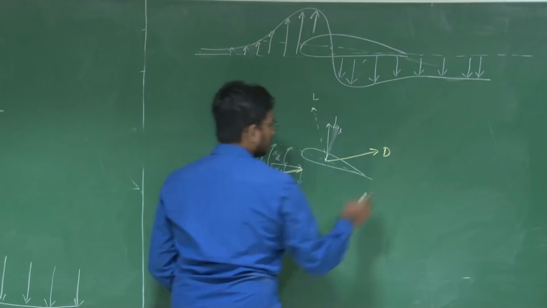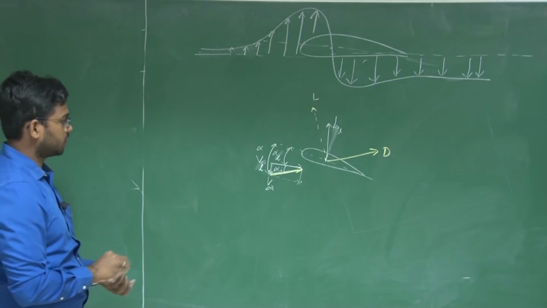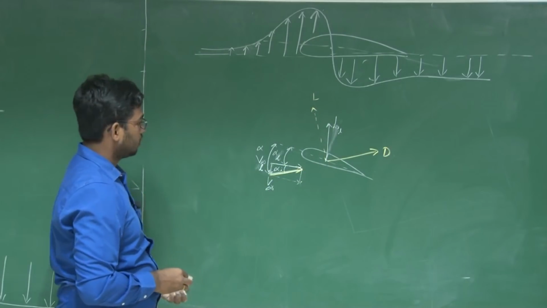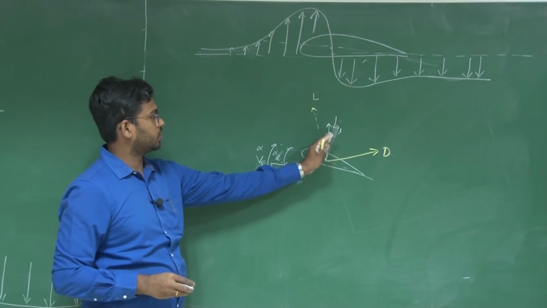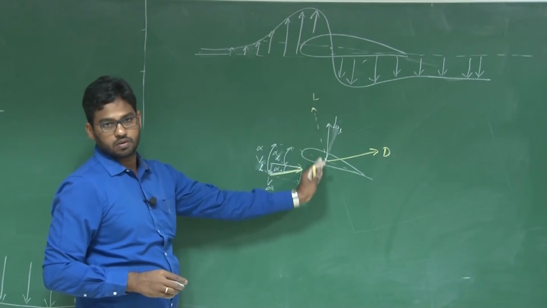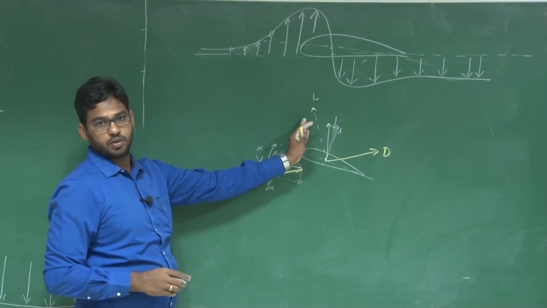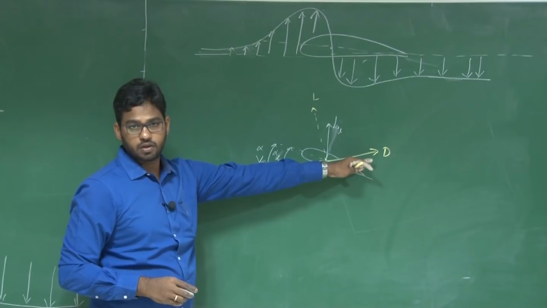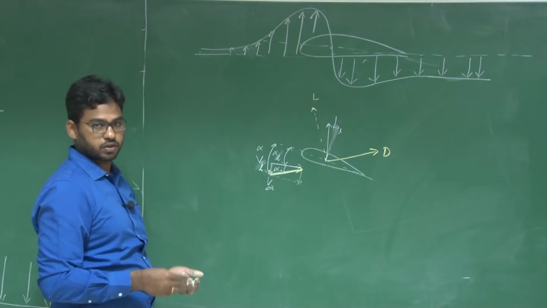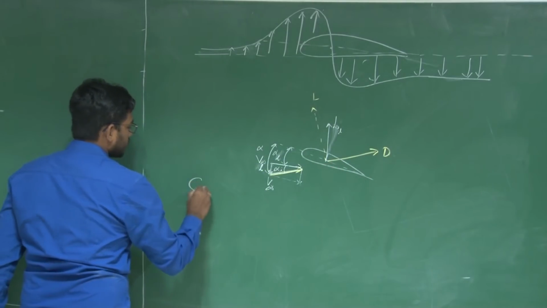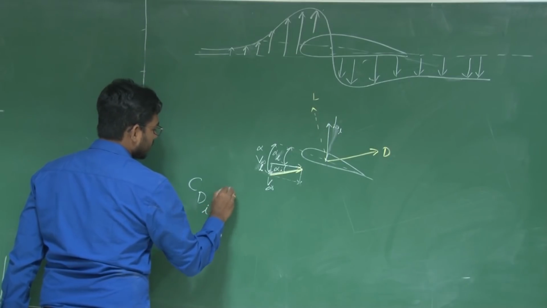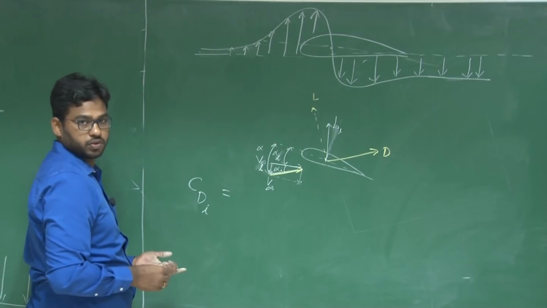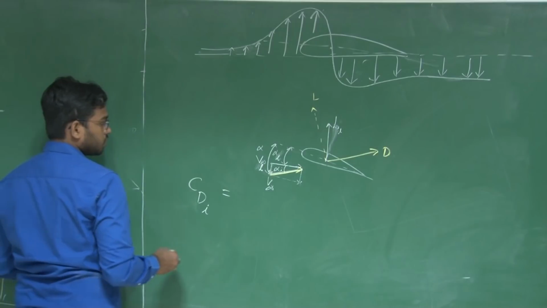And this is your drag, right, which is acting along V infinity. Now this local lift has a contribution along the actual lift of the aircraft or the overall lift of the aircraft, as well as along the overall drag of this aircraft. So what is this CDI, let us say, the coefficient of induced drag, right, is equal to